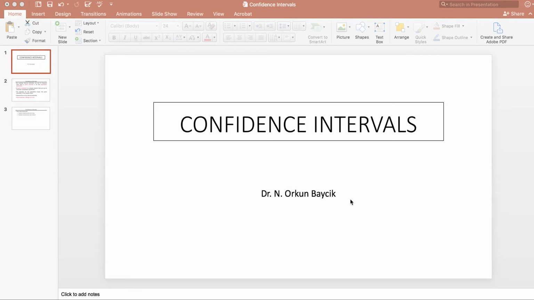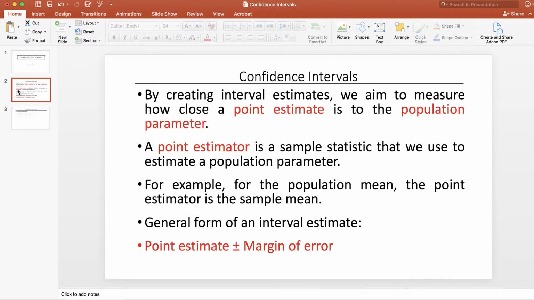Hi everyone, this is Dr. Orkun Baycik and today we are going to talk about interval estimation. So we are going to talk about how to create confidence intervals or interval estimates, but the point within confidence